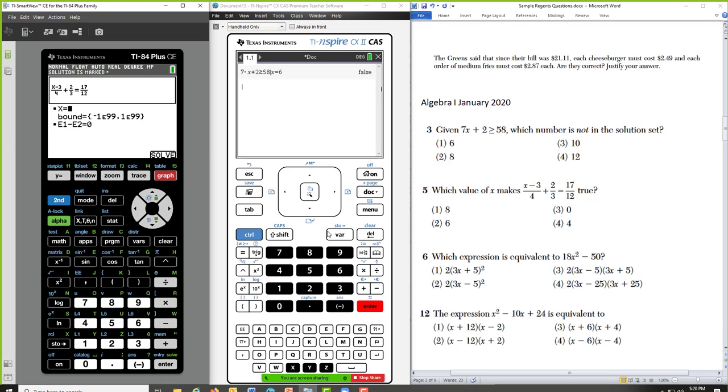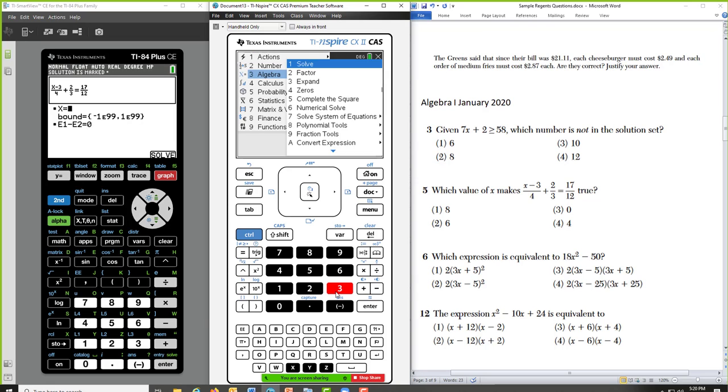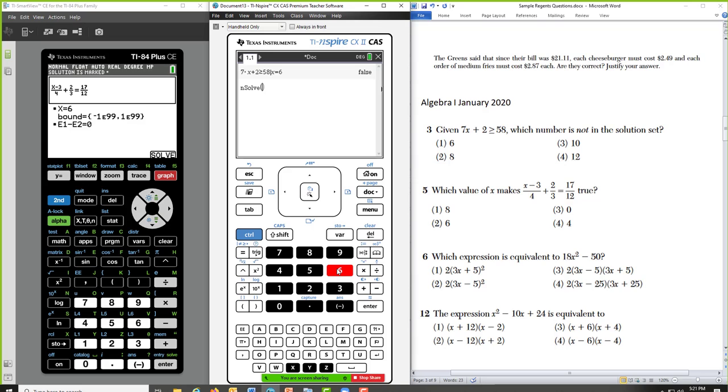The Nspire, if I go to menu and select algebra, this is on the numeric and the CAS value, or CAS units, numerical solve. Those who have been using Nspires for a while, NSolve has been so wonderful. Control, divide to get your fraction.